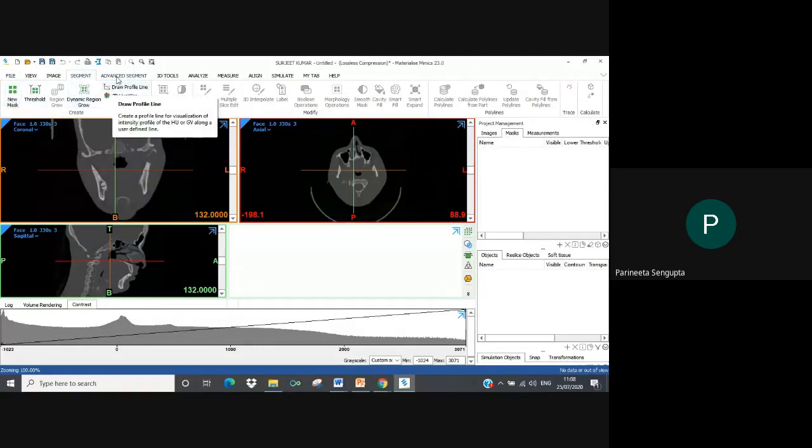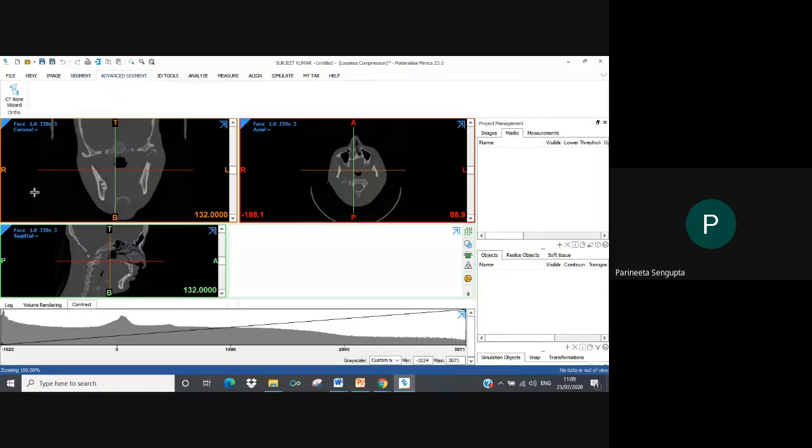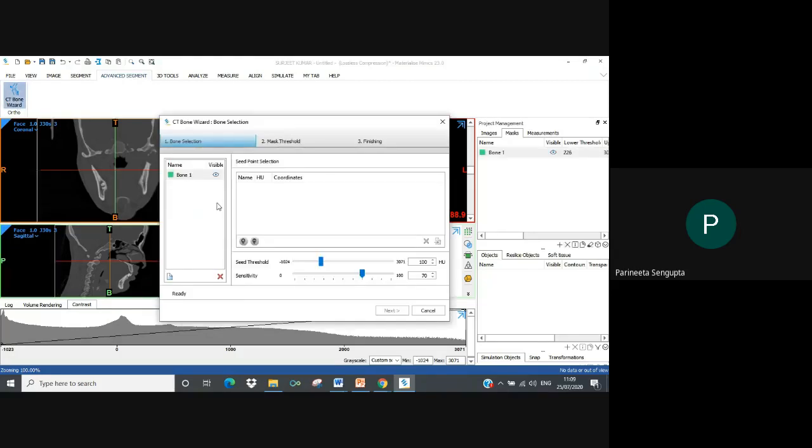But sometimes, I guess you guys will be working with fibula models also for the reconstruction of the mandible using the fibula bone. So there's something called the advanced segment option that gives you an option of segmenting only the bone. So we'll try this today. Under advanced segment, you can select CT bone wizard. This is generally advised for long bones only, but since I do not have a fibula scan, I'm just going to demo how you can use this segmentation tool to apply it to your long bones, especially your fibula bones, right?